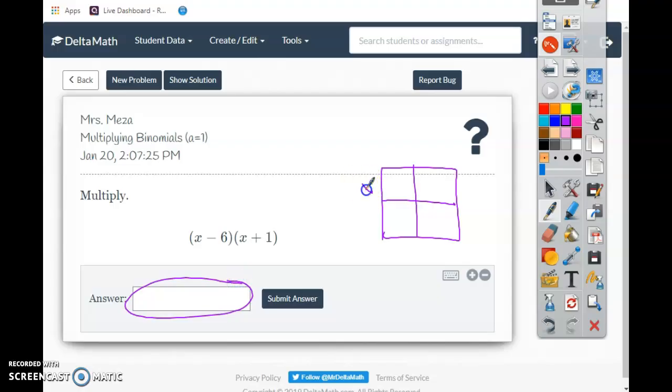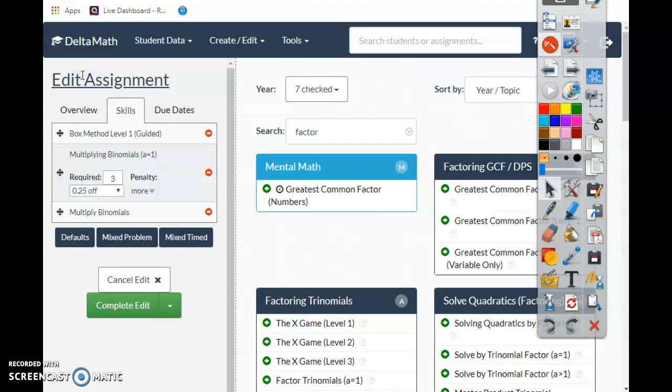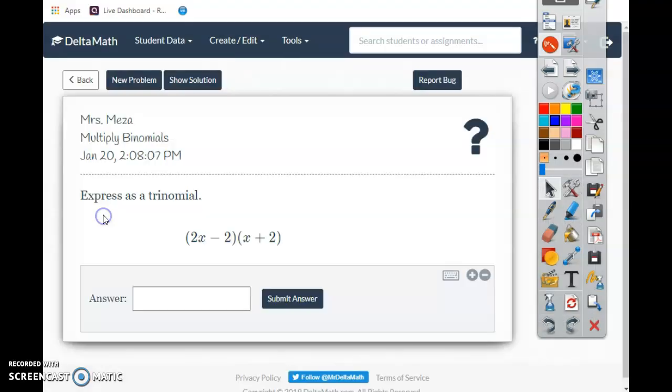So you would do x minus 6, you would do x plus 1, and start multiplying: x squared plus 1x minus 6x minus 6, and add the diagonals. Okay, so go work on it. And there's another one too that you have to do. It's called multiplying binomials. Same thing. Do the box and